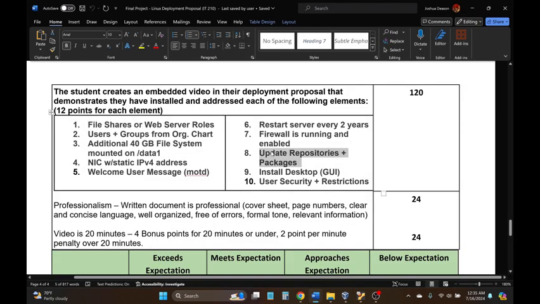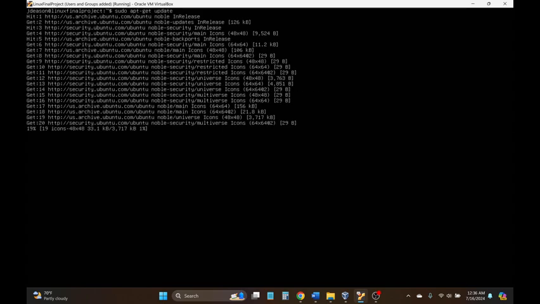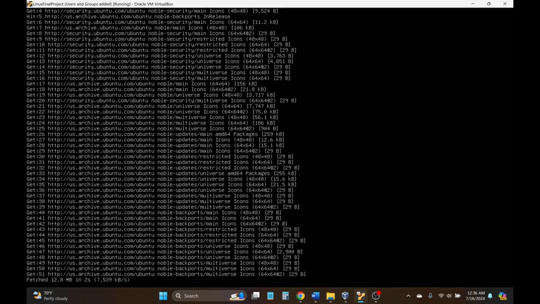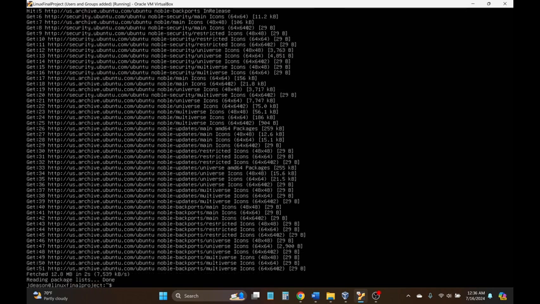All right, so we're going to go over update repositories and packages. 2 different ways you can go about it. We can go sudo apt-get update, and this will go through updating what you have on the current repositories. There's another way too that you can actually update the lists and do the updates at the same time. So we'll do sudo